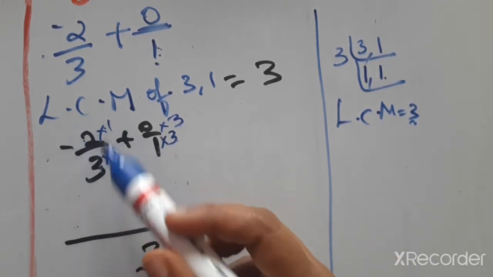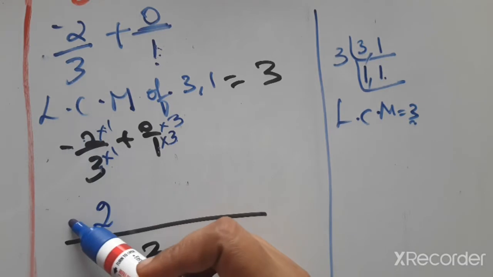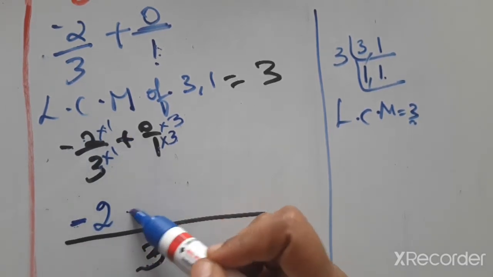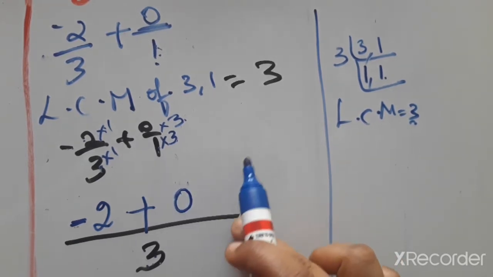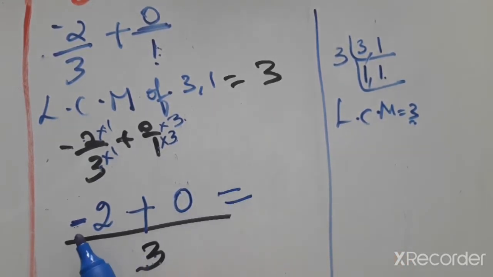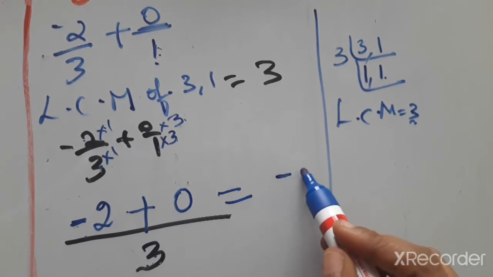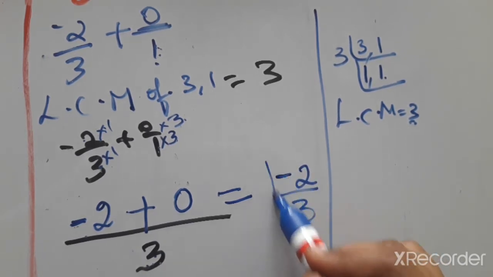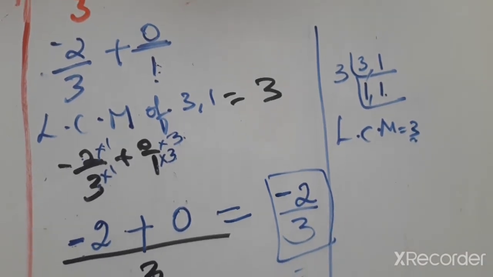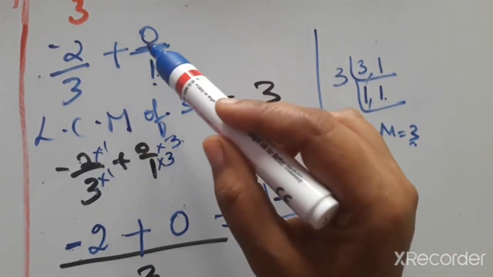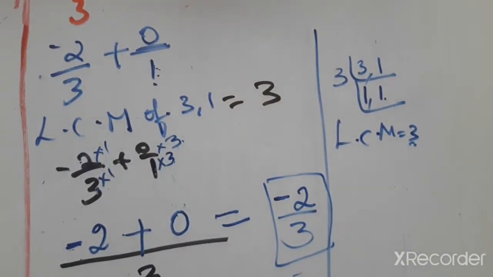Now minus 2 into 1 is 2, and the symbol here is minus, write the same symbol. Here plus symbol, write plus. 0 into 3 is 0. Any number multiplied with 0 is 0. So the answer is minus 2 plus 0, which is minus 2 only. Minus 2 by 3 is the answer. Okay. First write the conversion into fraction, in red ink the question. Convert into fraction or rational number form. Then find the LCM of the denominator, then equalize the denominator.